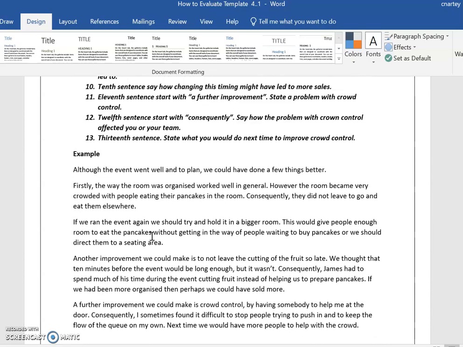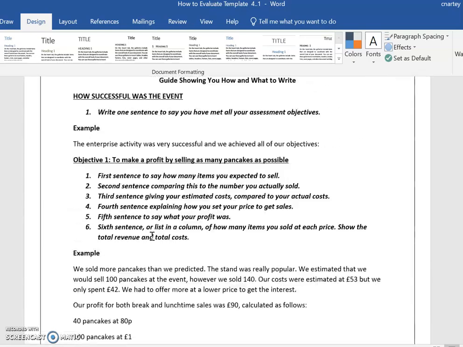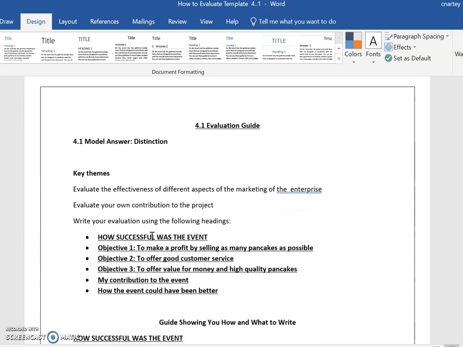Okay, and that's it. So to review what the expectations are, please make sure that you talk about the effectiveness of marketing. So what marketing stuff you did, okay, and how you could improve that. In terms of your own contribution to the project, what did you do, okay, and how do you know it was effective? And then in terms of presentation, okay, making sure that you've got the correct heading, making sure that you've got subheadings, okay. Please make sure that you save your work in your documents, okay,